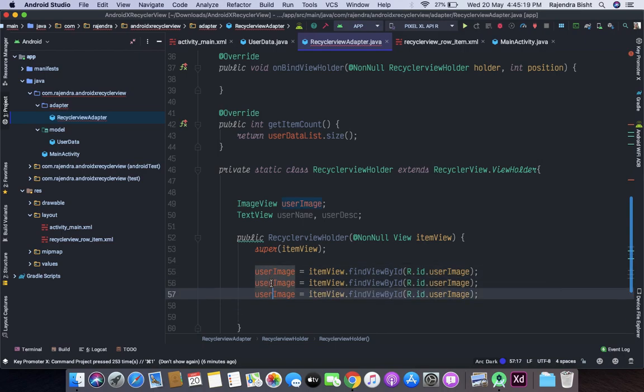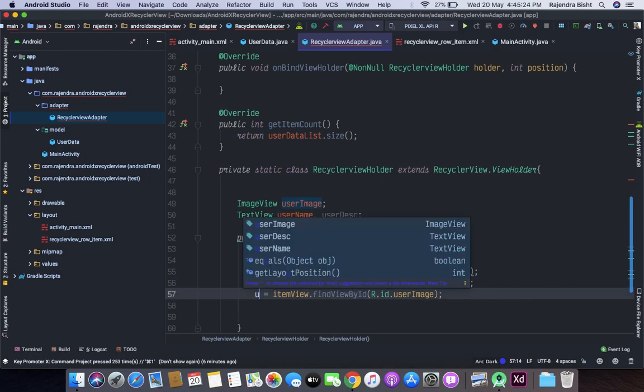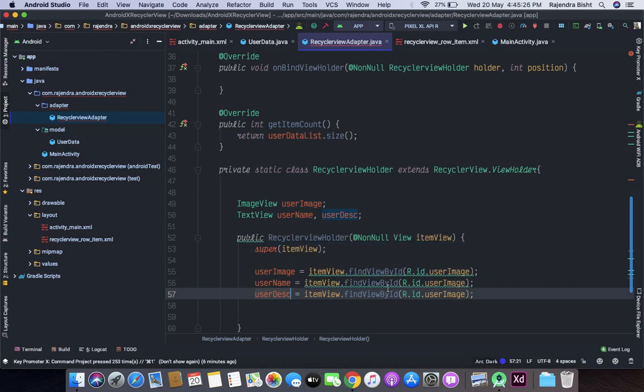Similarly for TextView, username, and third one is user description.